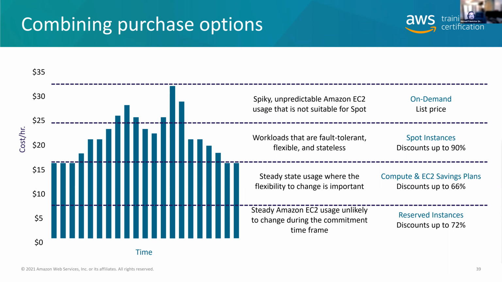Okay. So remember, we're not talking about dedicated. That's its own licensing option really in and of itself. But on demand is the second most expensive way below dedicated to use AWS. And then compute savings plans or EC2 savings plans are the next cheapest. Reserved instances are the next cheapest, and then spot is the cheapest. But remember, spot does come with the headache that you need to be able to withstand a 2-minute interruption, okay?